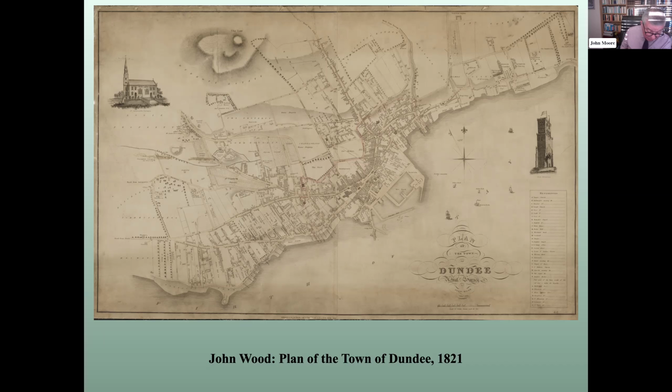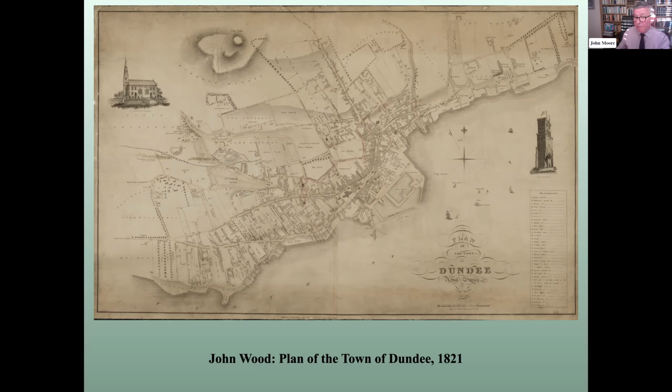As elsewhere, the naming of individual properties and of their owners provides an invaluable record of a borough regaining its important position in the Scottish economy. However, it's also true that Wood replicates the same images of 2 Dundee churches, as you can see on the pan, which figured originally in William Crawford's plan of 1777.